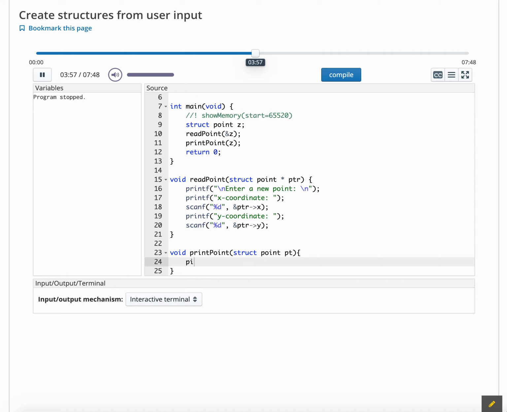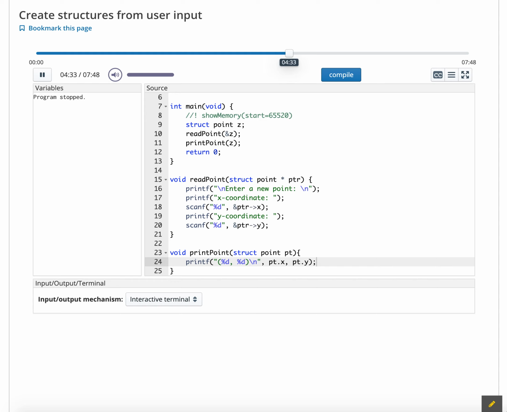And what we need to do is print out the x and the y coordinate. So how about we put that in some kind of coordinate notation? Parentheses open, %d, comma, %d, close parentheses, and then maybe even a new line. And what is it that we're printing out? We want the x coordinate of pt. This time pt is not a pointer, so we use just the period to get to the member x of pt, because pt itself is the structure that stores the point. So pt.x and pt.y is what addresses the x and the y coordinate of the point